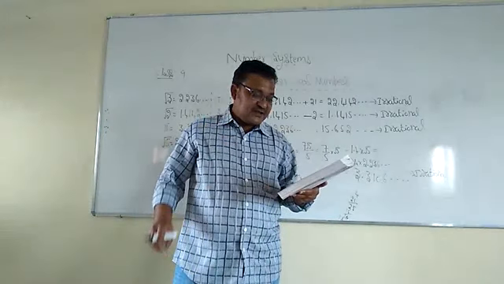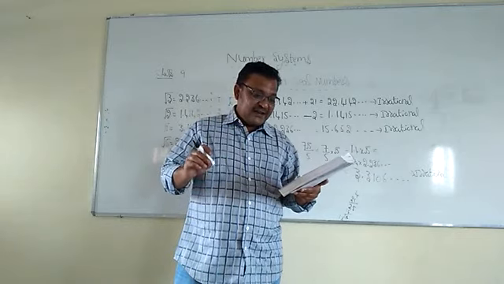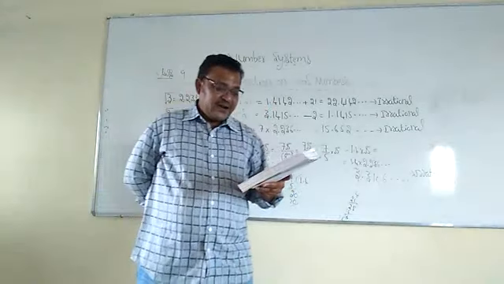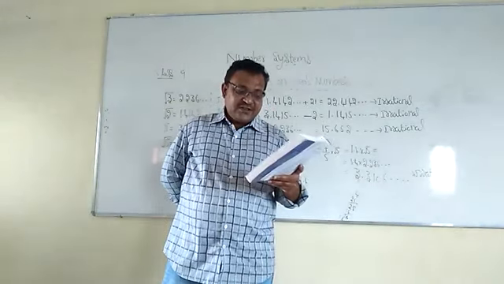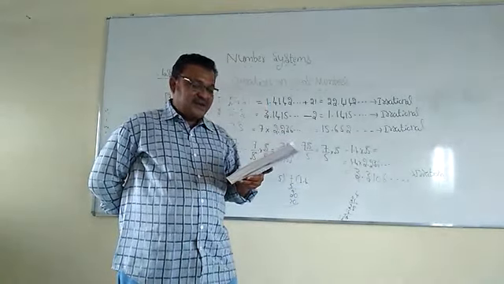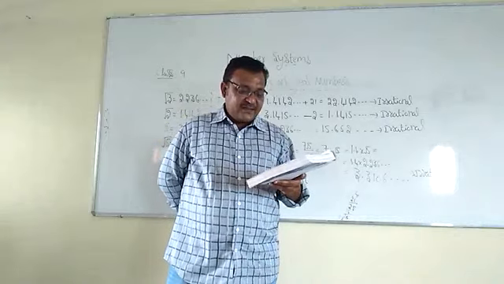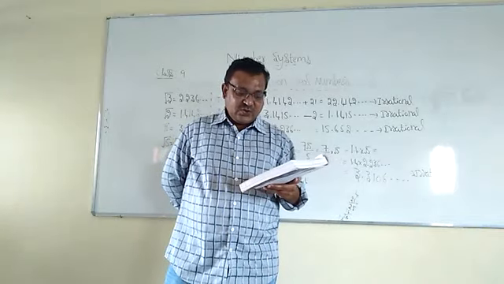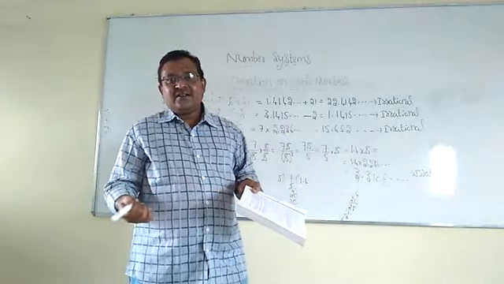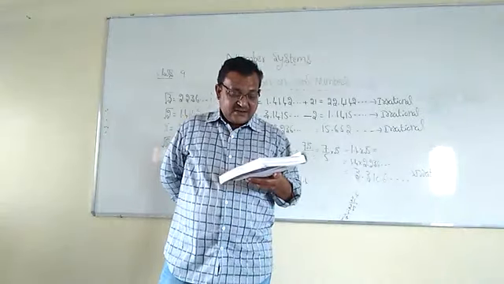The first one is, the sum or difference of a rational number and an irrational number is an irrational number. Next, the product or quotient of a non-zero rational number with an irrational number is an irrational number. That means division. And the next, if we add, subtract, multiply or divide two irrationals, the result may be rational or irrational. So in the previous examples I told. So these 3 things you have to remember.